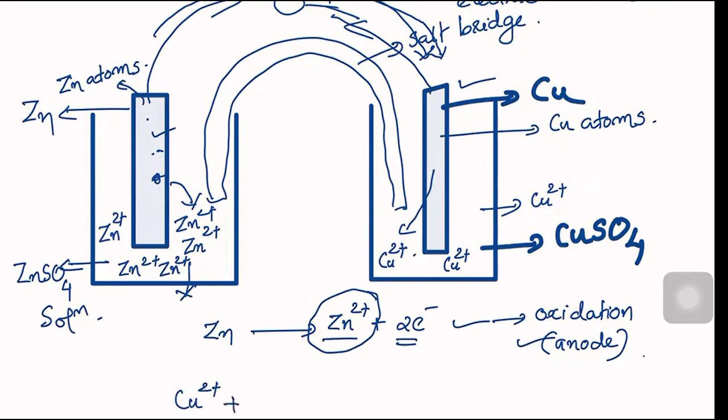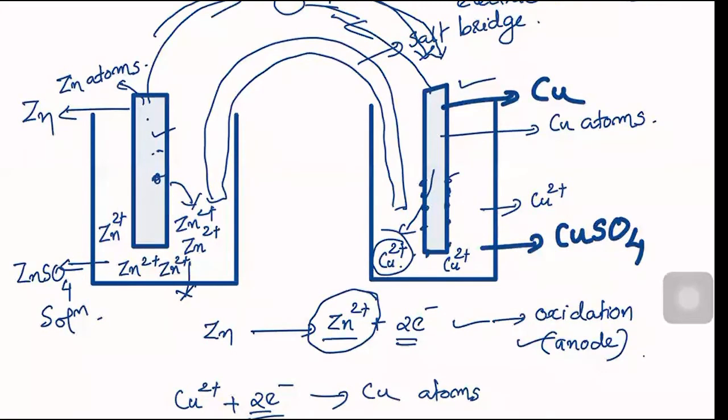Those copper ions will accept those electrons. We know that a positively charged ion, if it accepts negatively charged electrons, will get neutralized and become a copper atom. Once it becomes an atom, it cannot stay in the solution. Atoms always will be in the rod, ions will be in solution. So copper ions in the solution, if they accept electrons and become copper atoms, those copper atoms will be deposited on the surface of the copper rod.